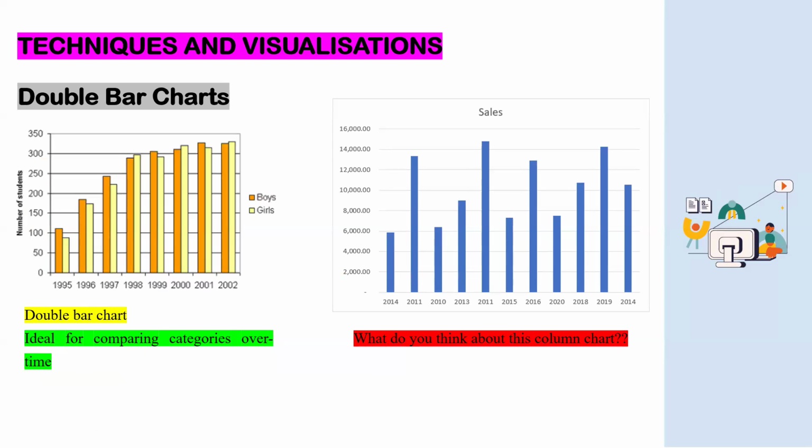We want to use this one to compare something over time. So let's say in this case we have the number of students in terms of gender, males and then females, over a given period of time. We are saying that in the year 1995, the number of boy students was more than that of females. So in that case, this kind of chart becomes appropriate. Sometimes we can even use it to visualize 3 different groups or categories.